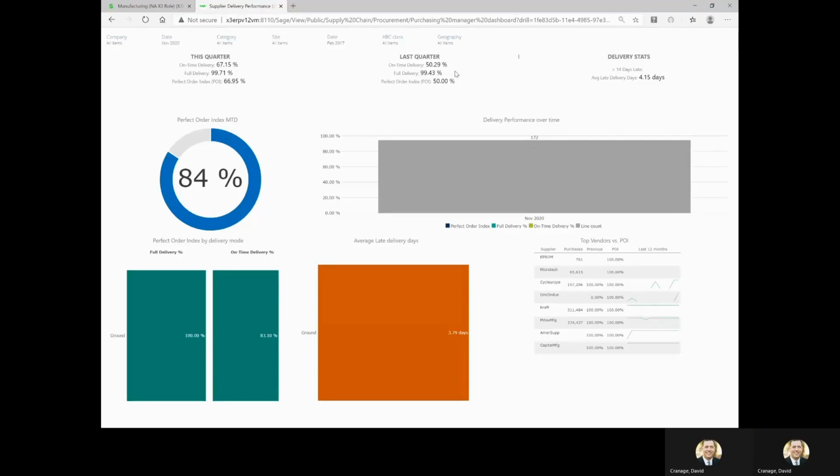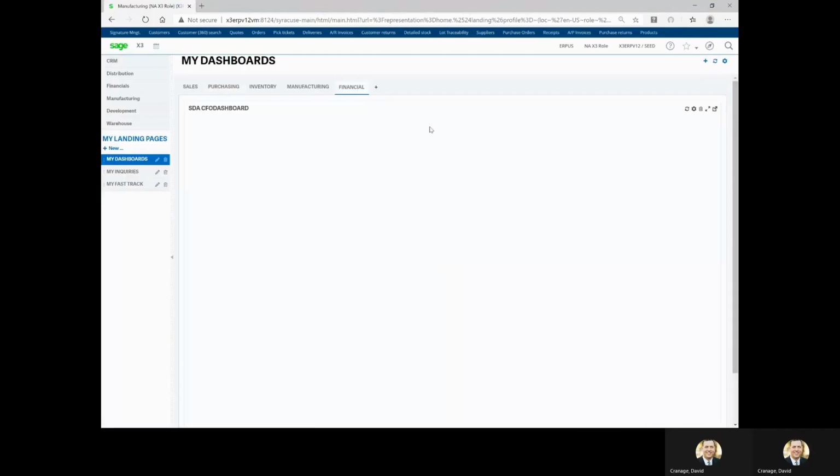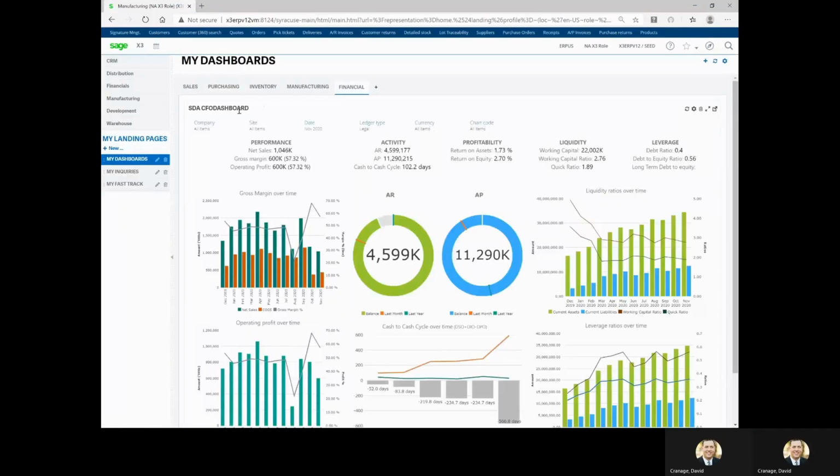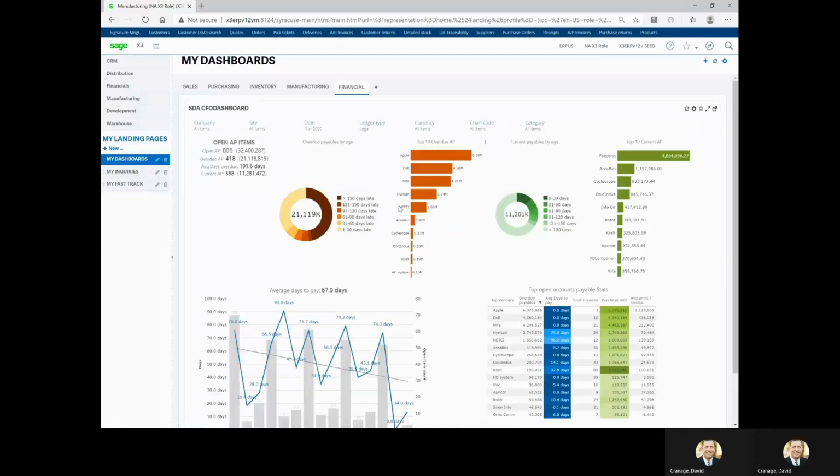So I can move from a dashboard to a sub-dashboard to a KPI right into the individual business document, whether that's a quote, order, an invoice, whatever it may be. And lastly, I think it's important to also understand that there's a hierarchy within dashboards as well. So for example, here I'm looking at the CFO dashboard, and under the CFO, maybe the controller, the AR team, and the AP team, and then right from the controller's dashboard, I do have the ability to drill down into a more specific area of focus like AR or AP, and now I'm looking at the AP